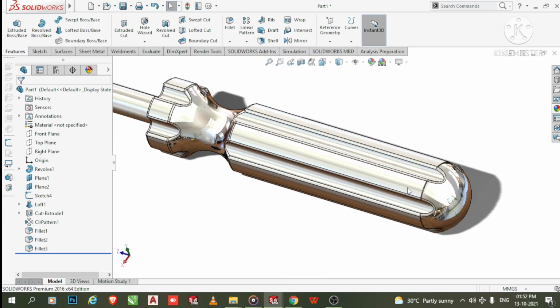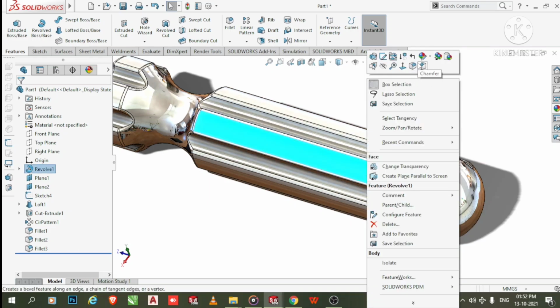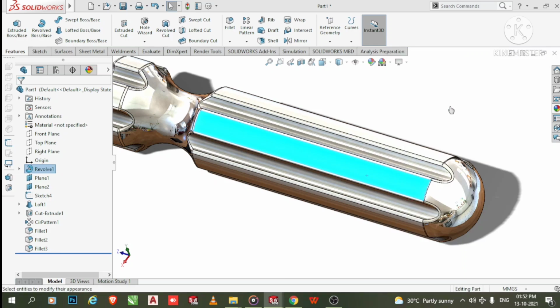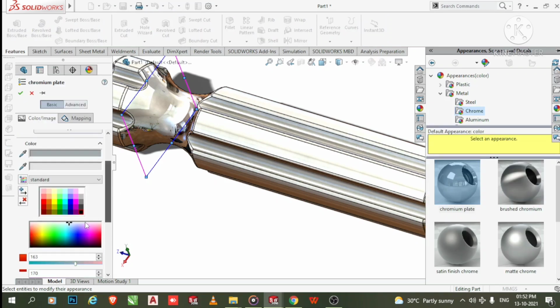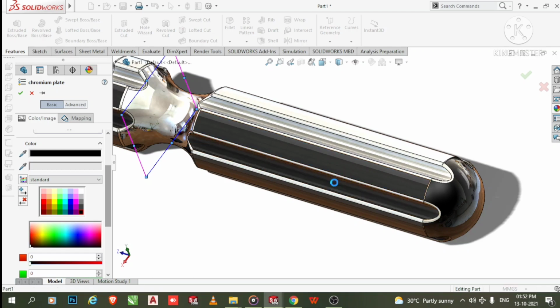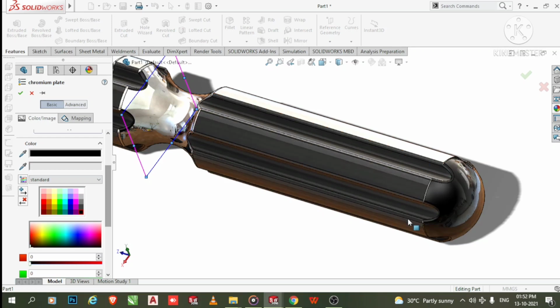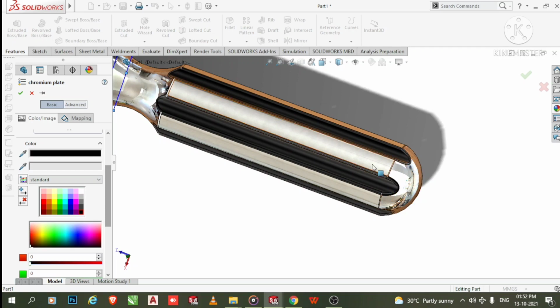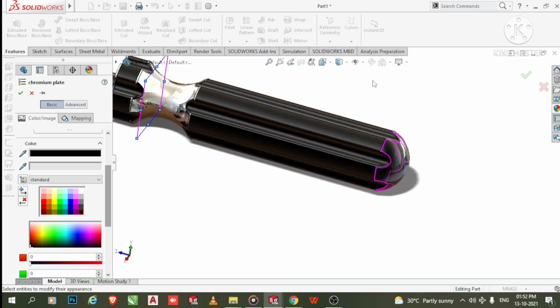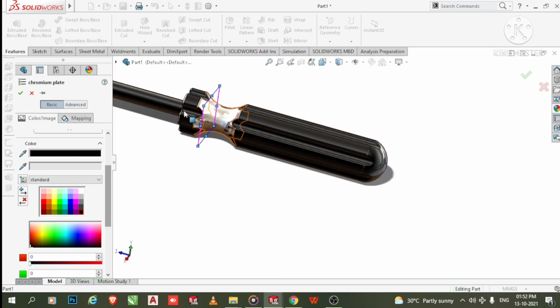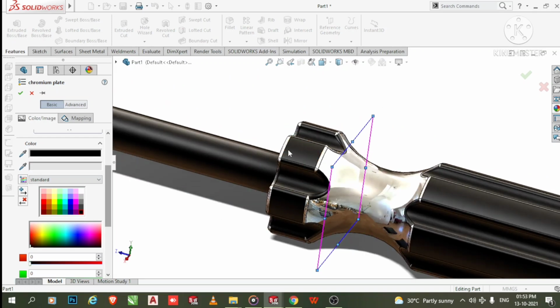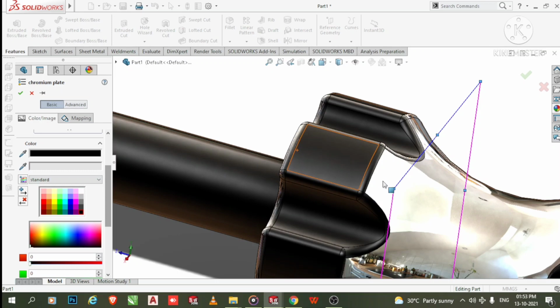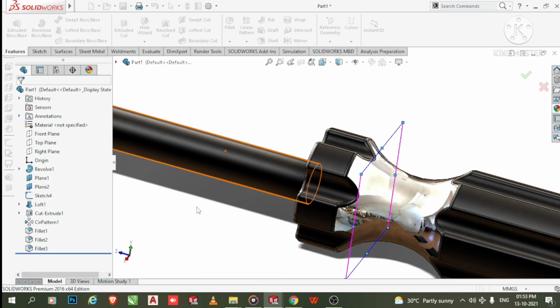So here we change this color. So select this face, select ribbon, okay.